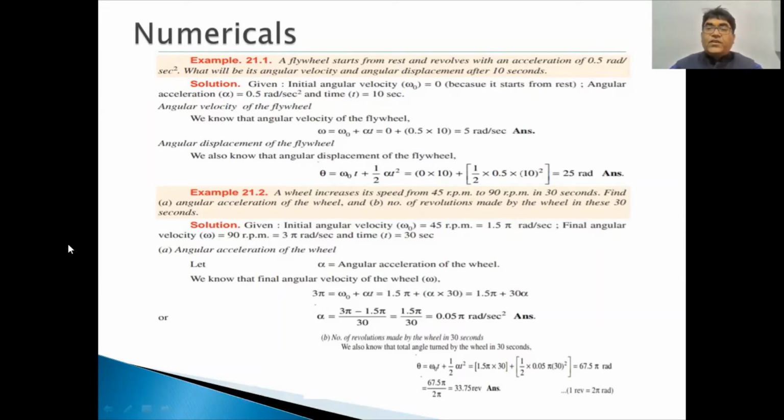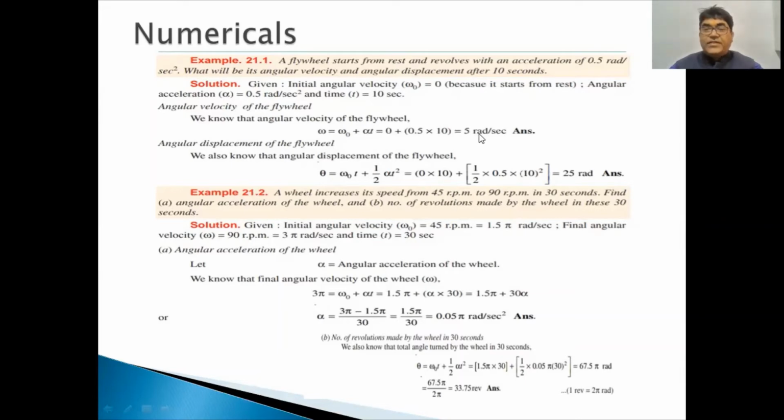So here, what are the different parameters given in this question? Initial velocity will be taken as omega 0 is equal to 0 as the flywheel is starting from rest. Angular acceleration alpha is equal to 0.5 radians per second square and time t is equal to 10 seconds. Now applying the formula, that is omega is equal to omega 0 plus alpha t. Inserting the given values, 0 plus 0.5 into 10, that comes out to be